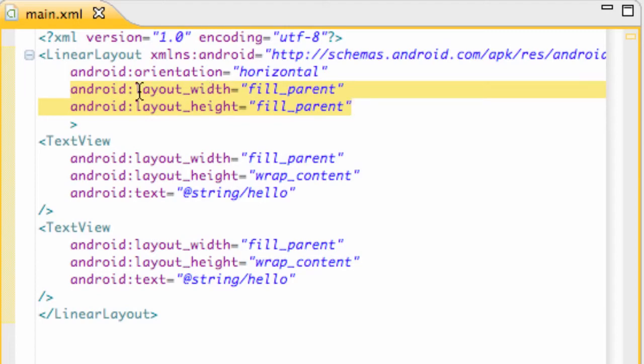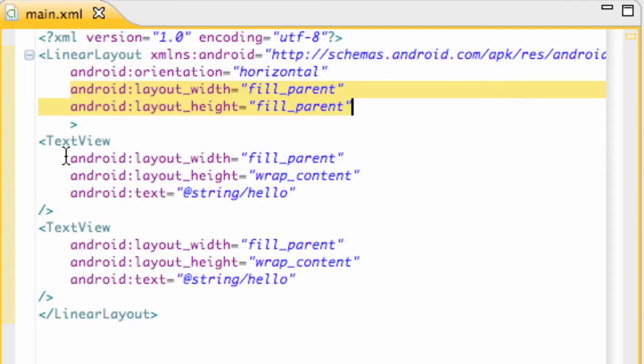And what the parameters are, well, the width is going to fill the parent, so it's going to take everything that's available for the width, so the whole screen's width for the most part. And same with the height, it's going to take all the height that is available to it, and that's basically its attributes or its parameters for the most part. So there you go, you have your linear layout set up, taking the whole screen and set to a horizontal